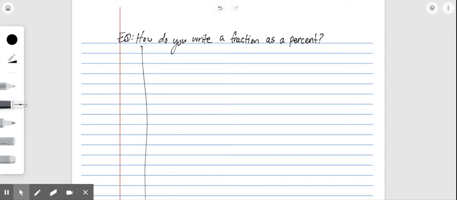Alright, beautiful people. Last week we talked about writing percents as fractions. This week we're going to talk about how to write a fraction as a percent. So we're going to go backwards. Let's start by restating that a percent